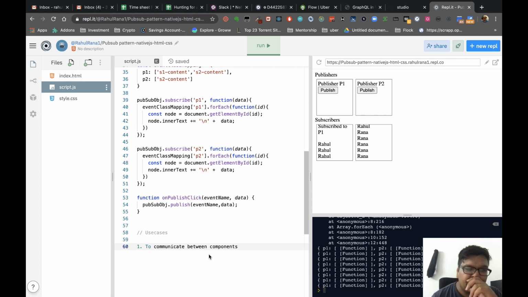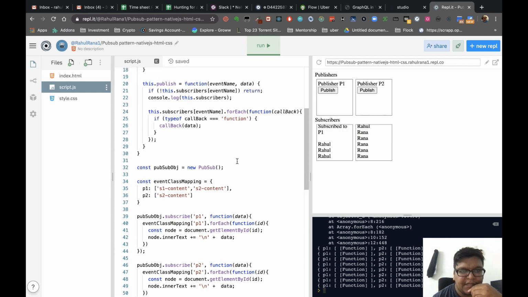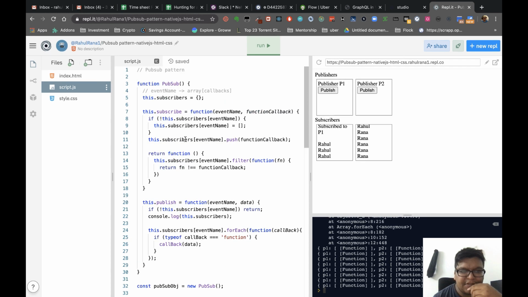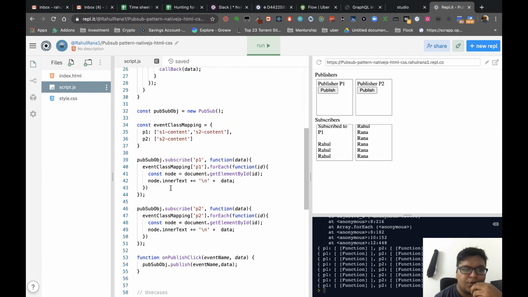So communicating between components is one of the major use cases. If you understand this, you can try to understand something like React Redux and how the complete flow works. It will give you better insight. Now, on subscribe, we are returning a function to unsubscribe. It is possible that users might not unsubscribe, which is another disadvantage, and it leads to a lot of memory leaks. That's also not a good thing.